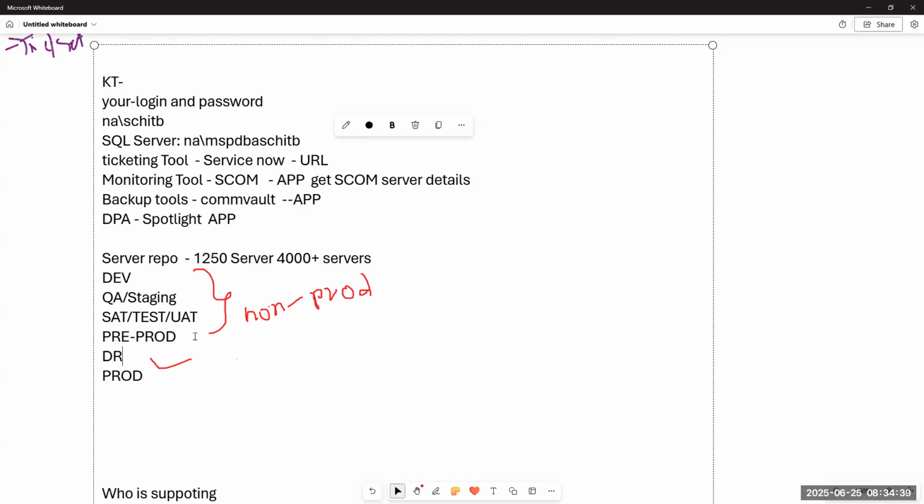So we can't say this many servers will be prod and this many will be dev. No one can say, sir, until you ask for the server repository, where I can find the environments. In the repository, when you open the Excel sheet, you will get to know all of it: this server belongs to production, this one belongs to test, this one belongs to pre-prod, everything.